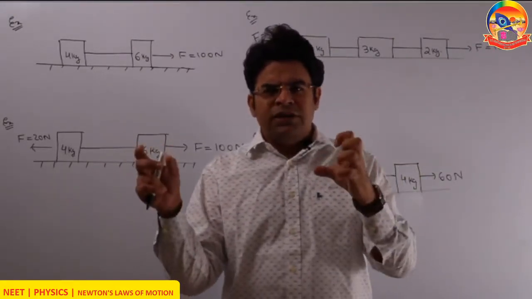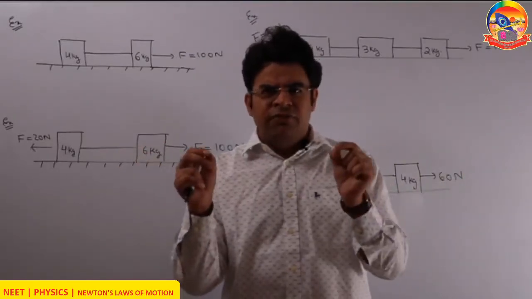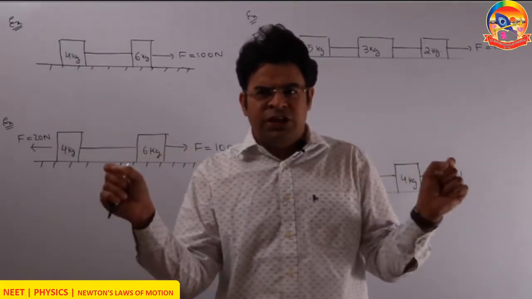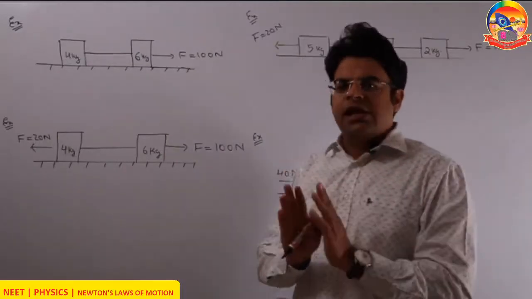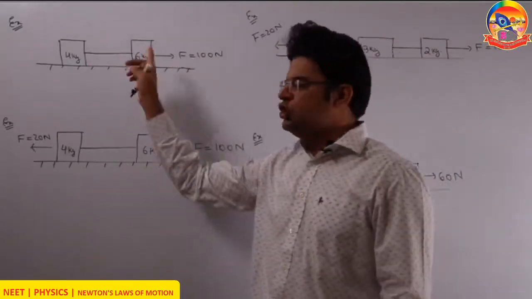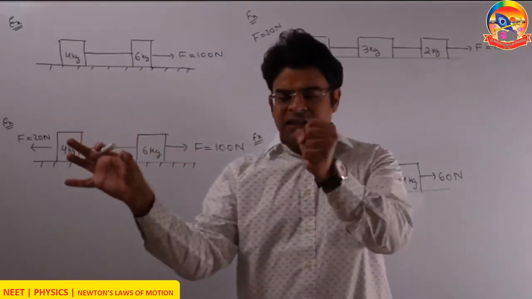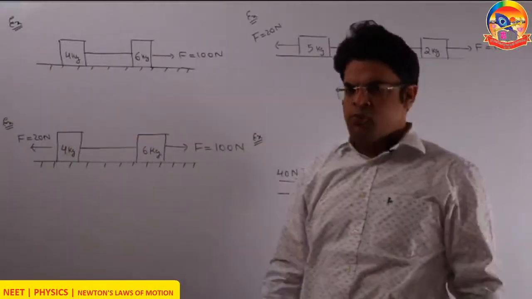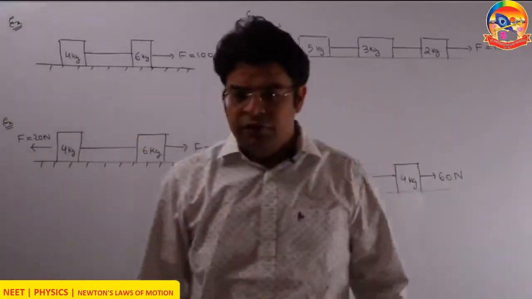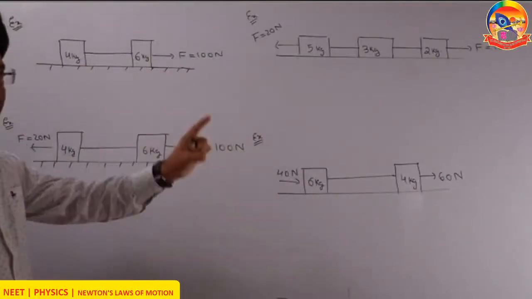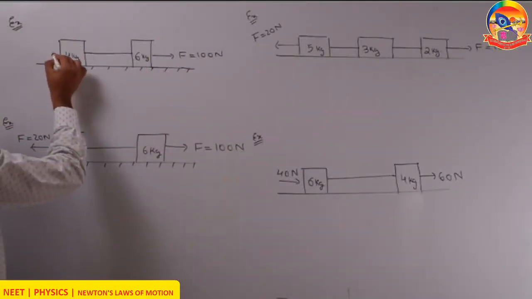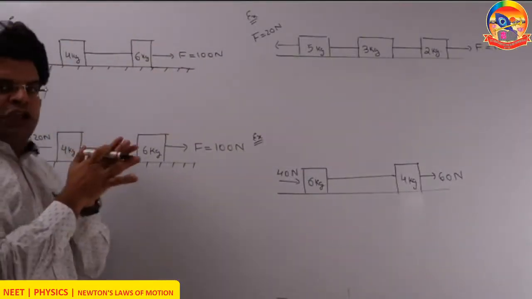If only the first one moves, this means that the string will either get broken or the string will be stretching. The type of string we are using here is inextensible, so the length of the string should remain constant. So if the 6 kg block moves, the 4 kg is constrained to move with it. Now since we know that both of them will move with the same acceleration, I will treat this 4 and 6 as a system of rigid body.